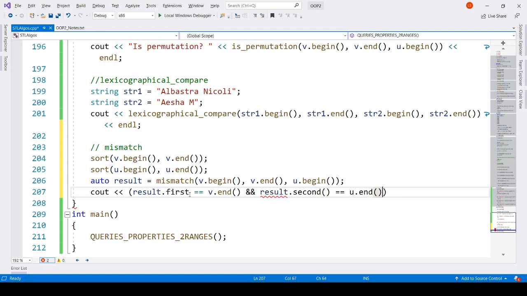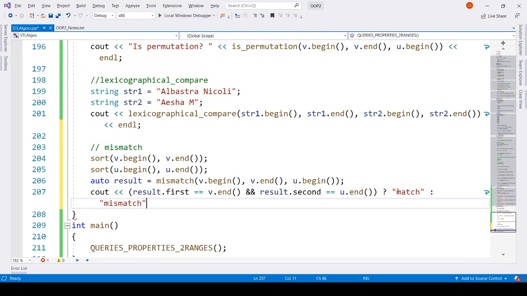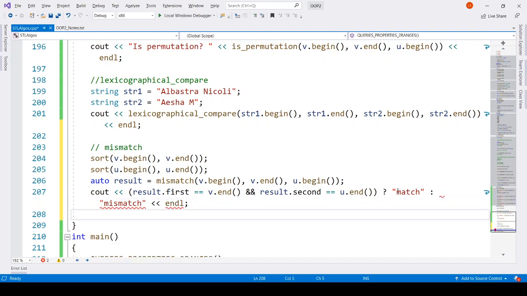So if both are pointing to each vector's end, we can say that it is a match, right? Because mismatch returned both iterators pointing to the end of the collections for both. So it is a match. And if not, then we can say it is a mismatch, right? So in our case, in this case, we should see,